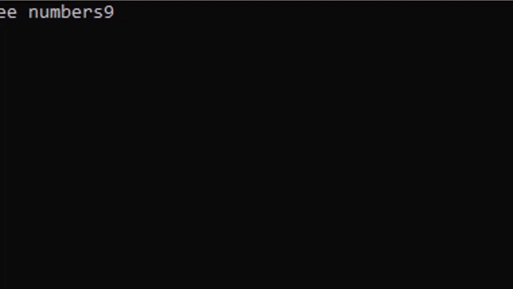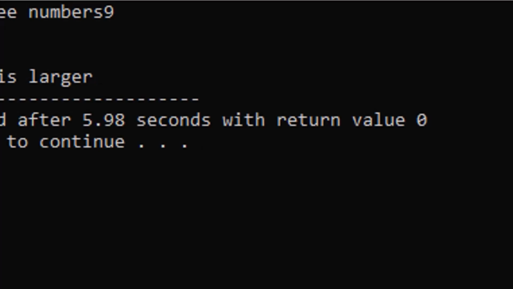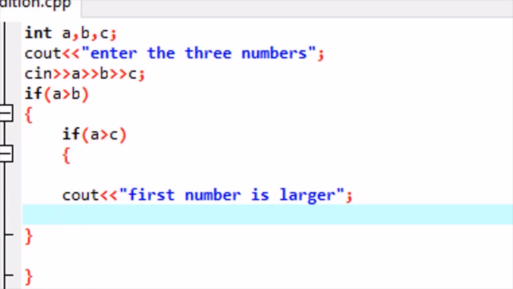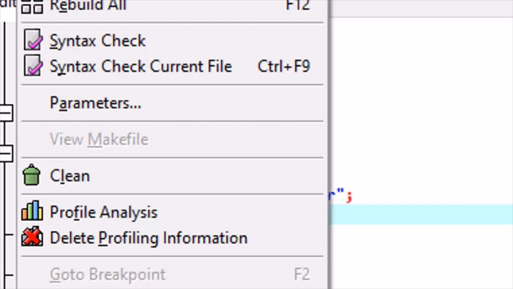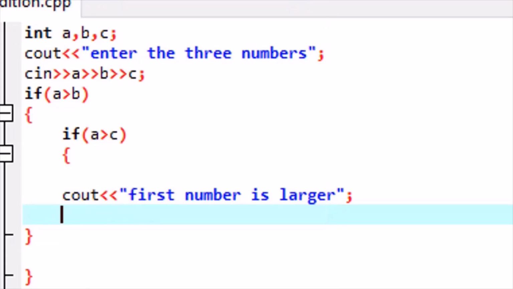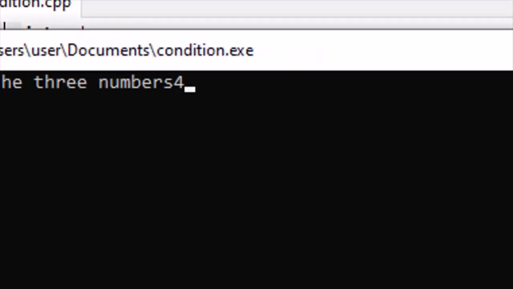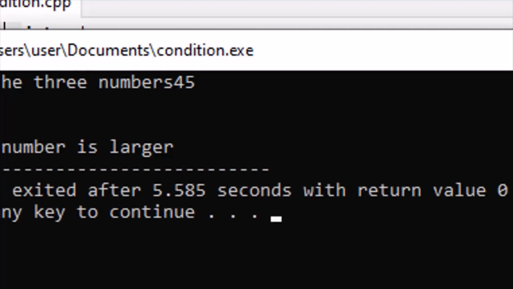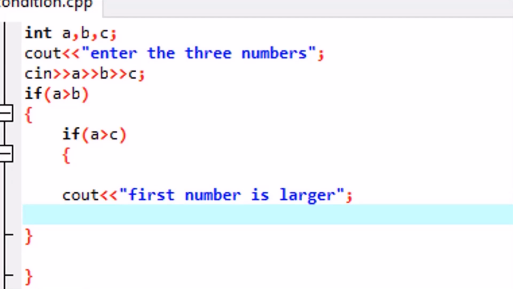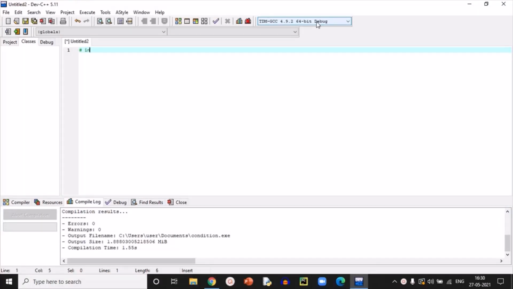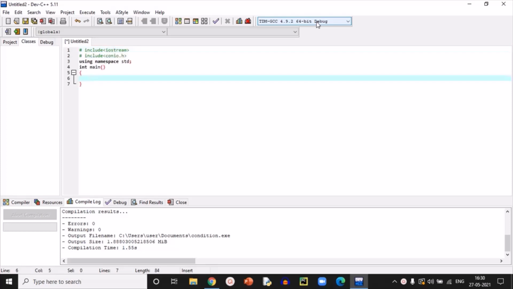So for example, if I again take the input as 9 and see, it's giving me the results again. So I will compile it again and check the results for this. Enter the 3 numbers, right? It will display the output like this. Okay, see what happens. So this is the concept of nested if. So first we studied if, then we studied nested if. Isn't it clear? Let's take another example for nested if,